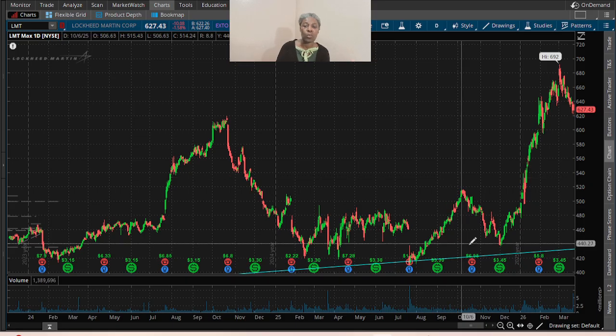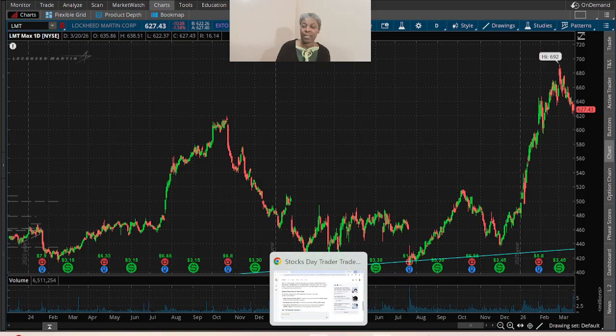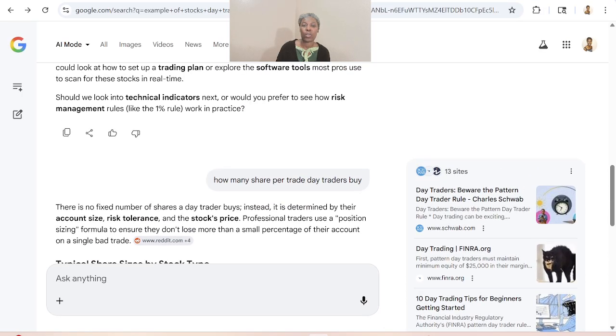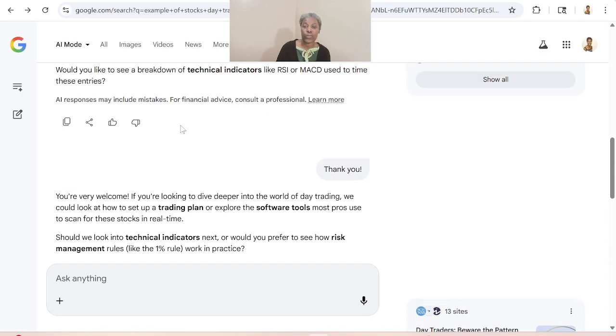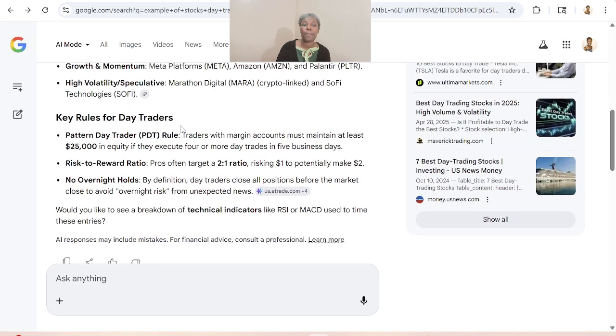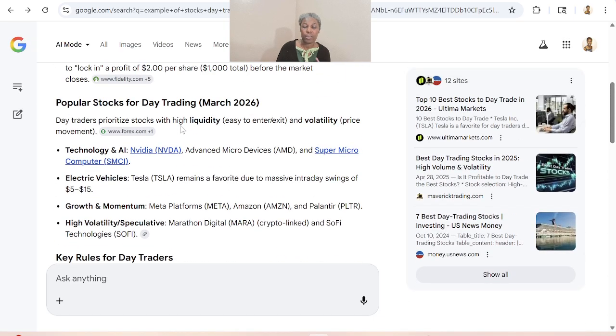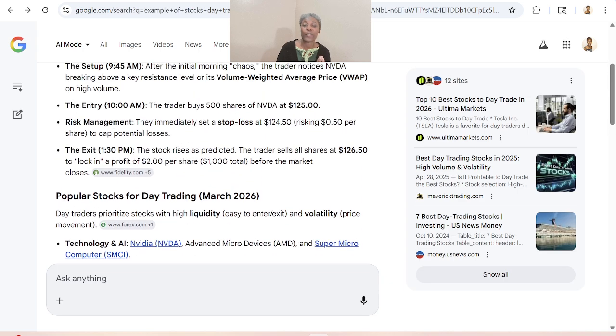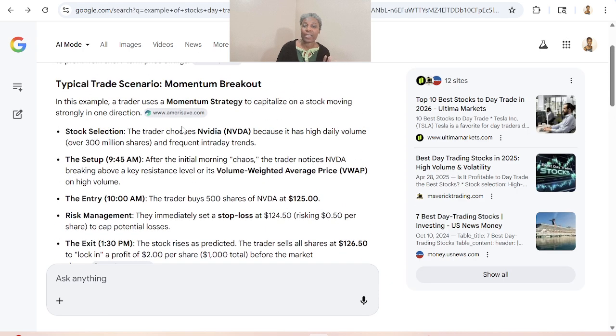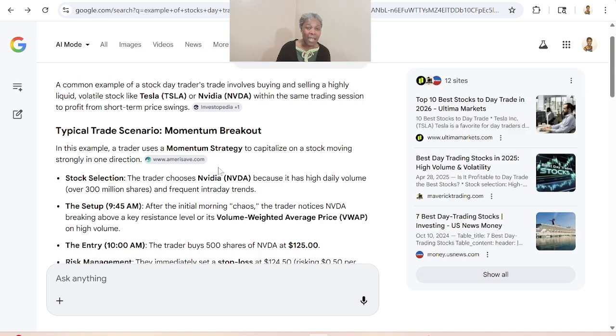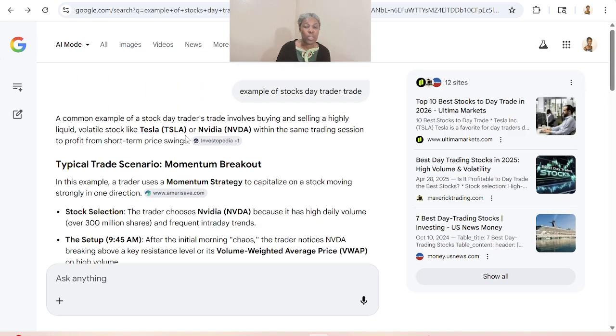asking Google AI which stocks day traders on average buy, they showed me Nvidia and Tesla. Those stocks are not cheap. So I don't think day traders with small capital will be buying Nvidia to day trade, because